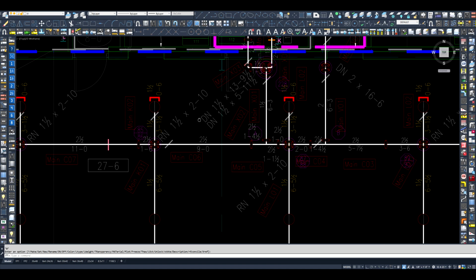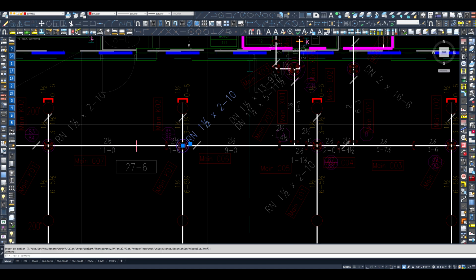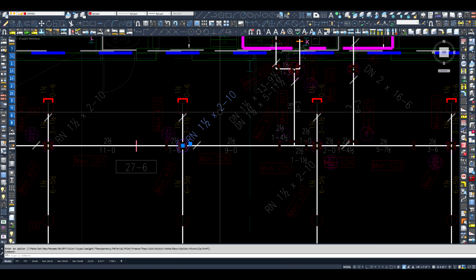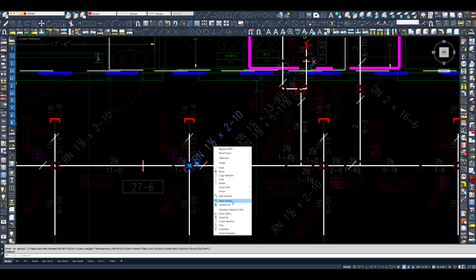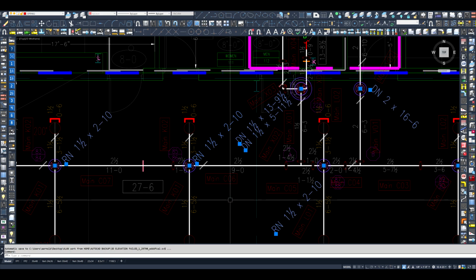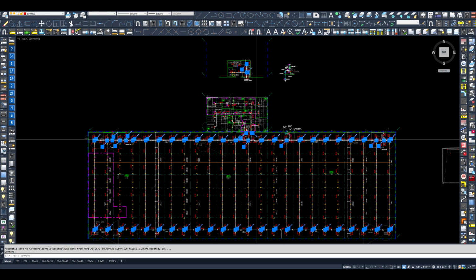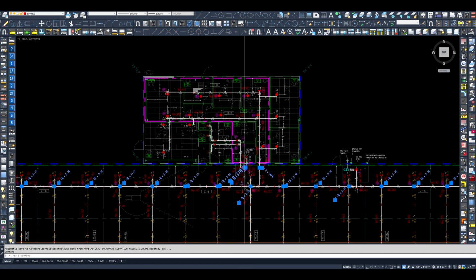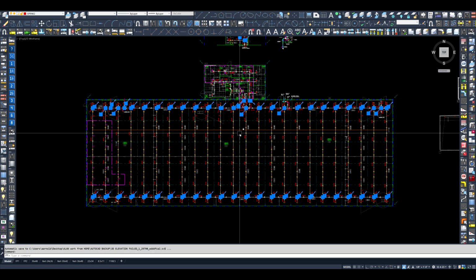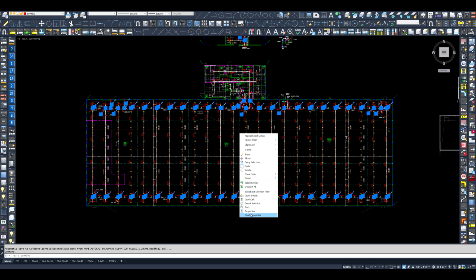If we come in here, simply left click on one of your riser nipples. It does not matter if it's computer generated or hard set. Left click and right click, and let's go select similar. Now you have every riser nipple selected, regardless of computer generated or you've entered it yourself. Let's go to right click and properties,